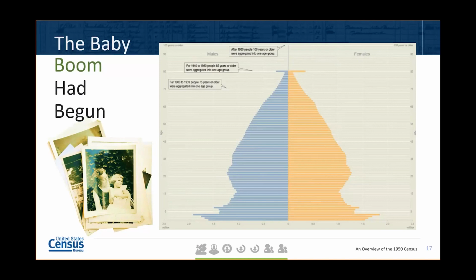The population under age 18 was 31% of the total population in 1950, and this would grow to 34.3% by 1970. As a reflection of just the enormous demographic impact of the baby boom, the median age of the U.S. population, which had been steadily increasing for many decades prior to 1950, would actually drop from 30.2 in 1950 to 29.5 in 1960 and down to 28.1 in 1970, before then rising again in the later decades. In 2019, as the oldest baby boomers were turning 73, it had increased to 38.4.